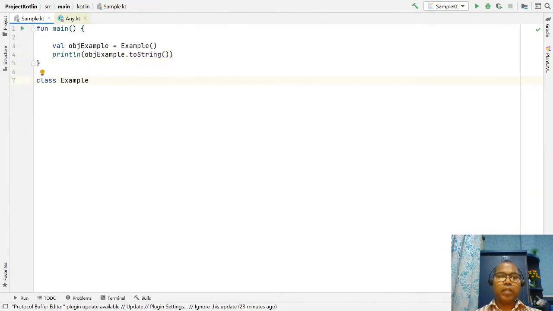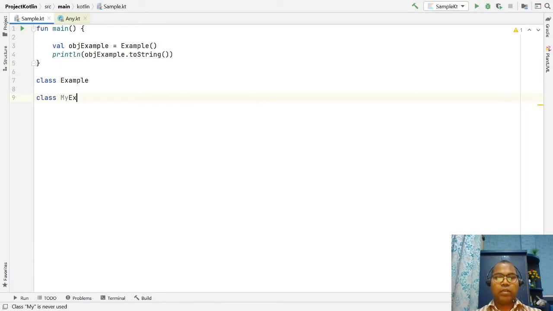So that's it. Let's say you have a class, MyCLS, and a subclass, MySubclass, and in Kotlin you use a colon keyword to make the extension.